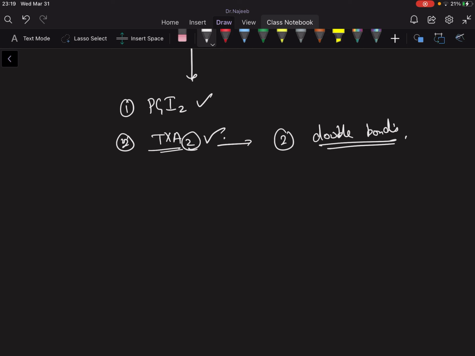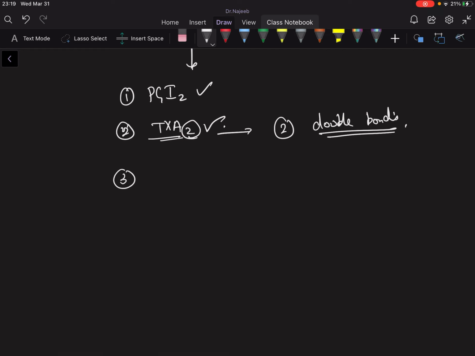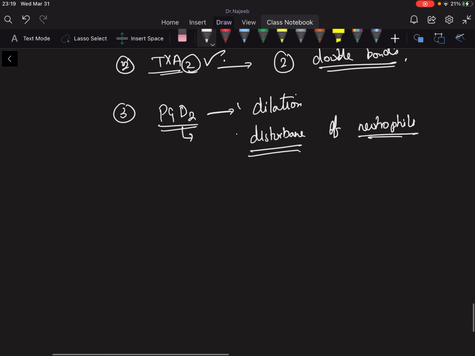Okay, so that was about prostaglandins. So what are the other prostaglandins produced here? Prostaglandin D2. What does D stand for here? It causes dilation. Not only that, it causes chemotaxis of neutrophils. It means prostaglandin D2 causes vasodilation and it is a chemotactic factor for neutrophils. It means it attracts more neutrophils to the site of inflammation. Okay,